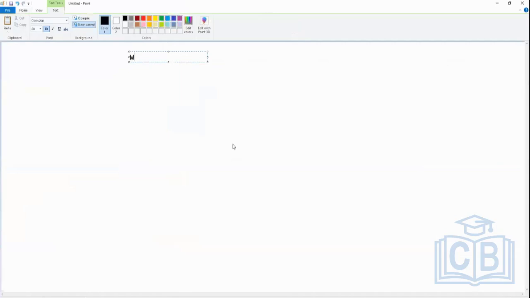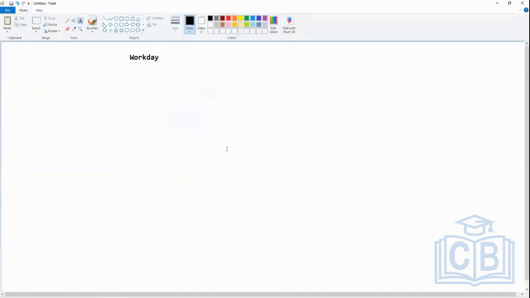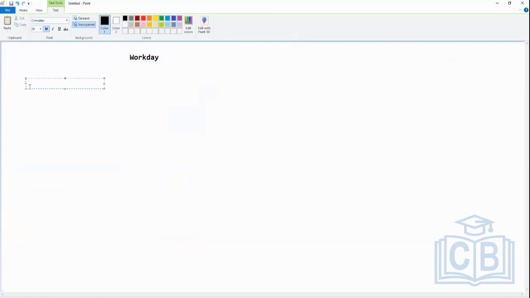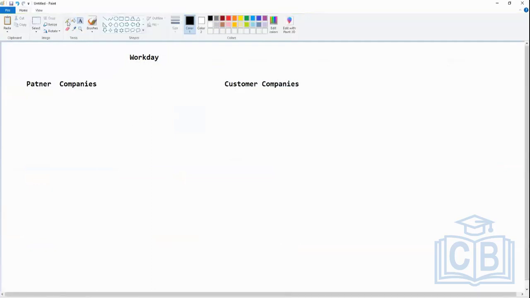Okay, so in the Workday world, you have two things: partner companies and customer companies. Now, when I say partner, these are the companies which help the customer companies implement Workday. Now, if I have to give an example of partner companies